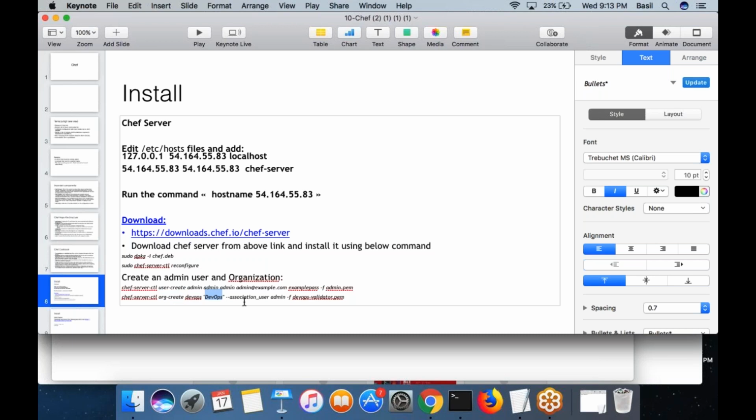And then you are associating the user admin with the DevOps organization by running this command, by putting this option. And finally the key, you want to generate a key for the organization also. That's why you are putting the -f option and then providing the key file that will automatically get generated after you run this command.